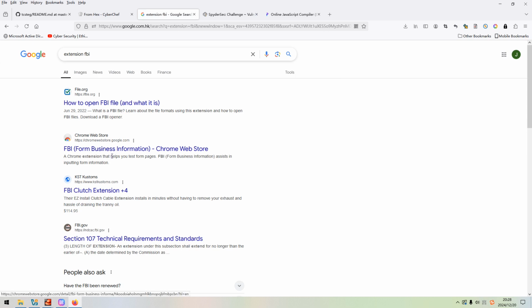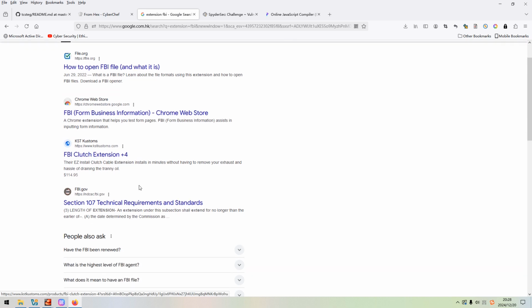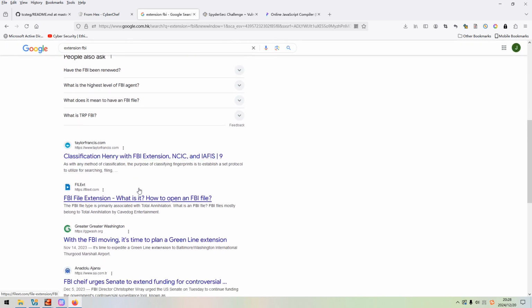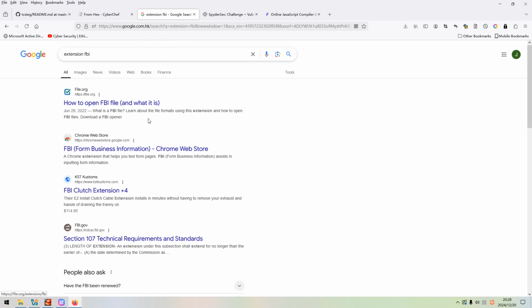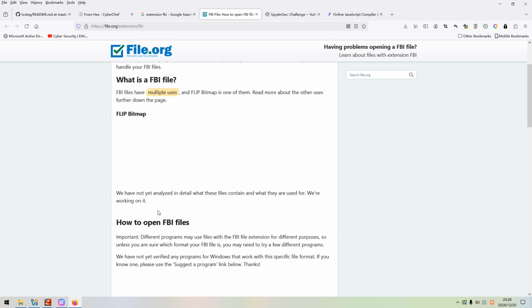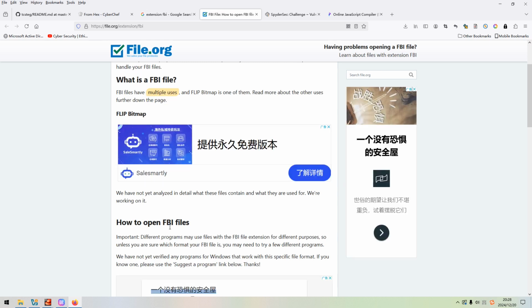So this one, form business information standards, FBI file. So this is some sort of the beta map, how to open FBI files.